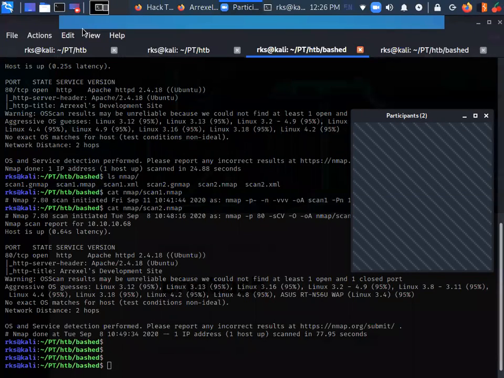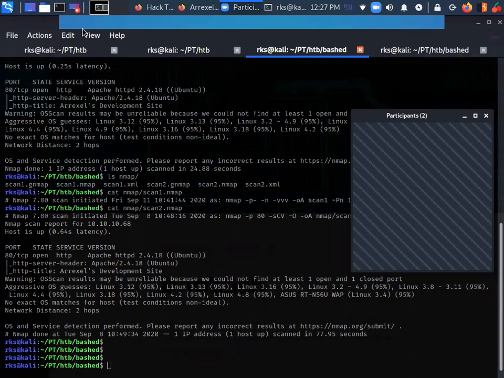So I was telling you about directory brute forcing. What I said was, when I have HTTP running, I'm going to do a directory brute force. My question is, what is directory brute force? Actually, I forgot.